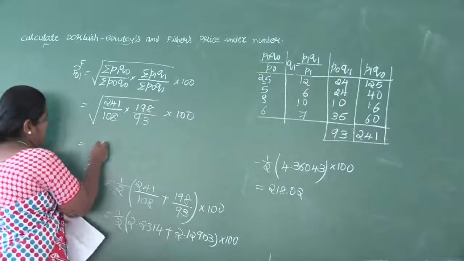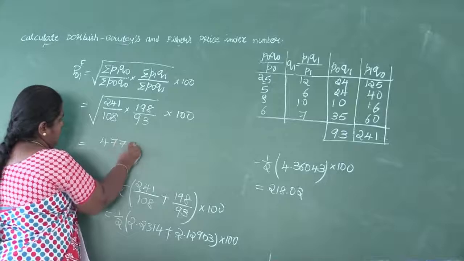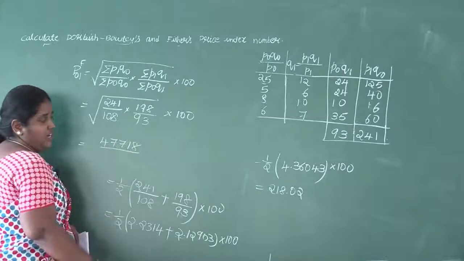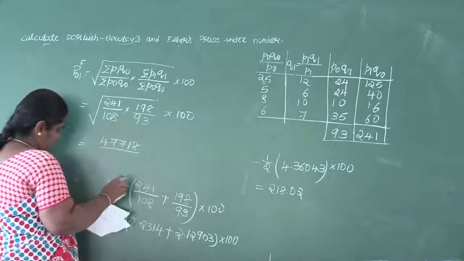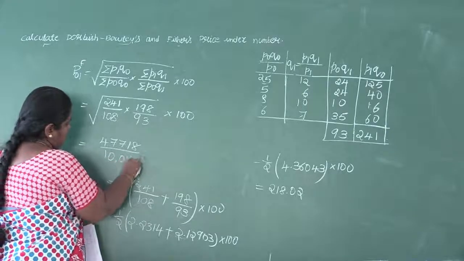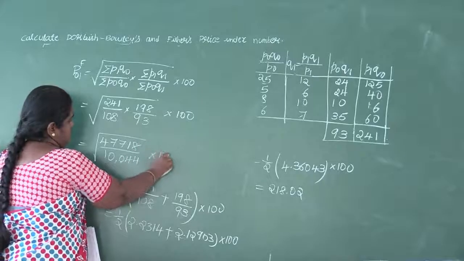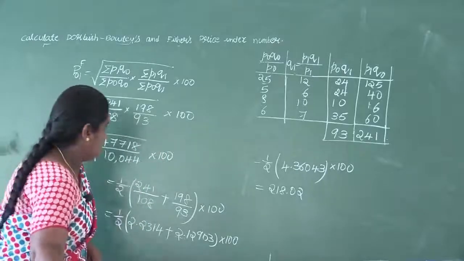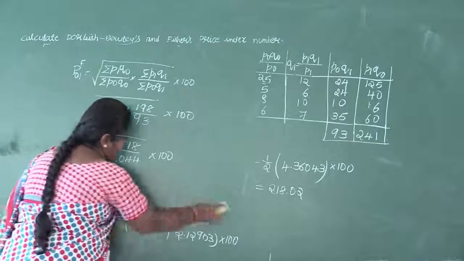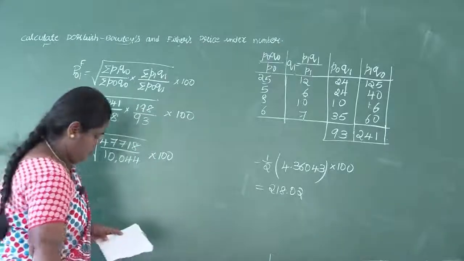When we multiply the numerator, we'll get 47,718, and multiply the denominator, 108 into 93, it is 10,044. So divide the values, that is 47,718 and 10,044, we will get